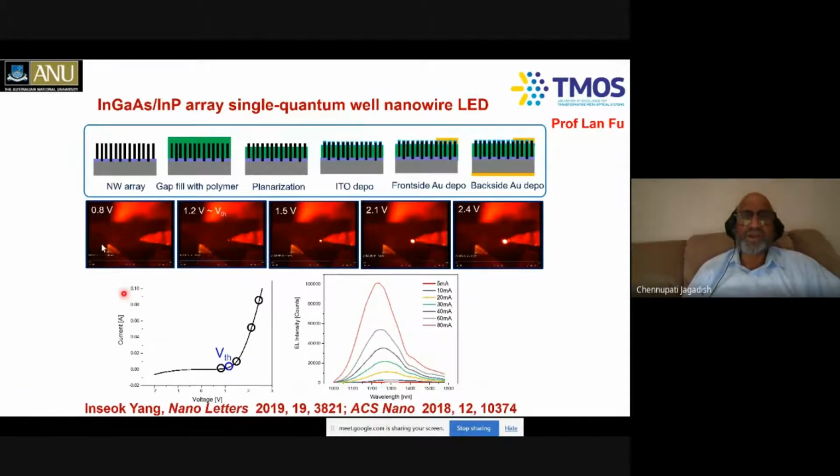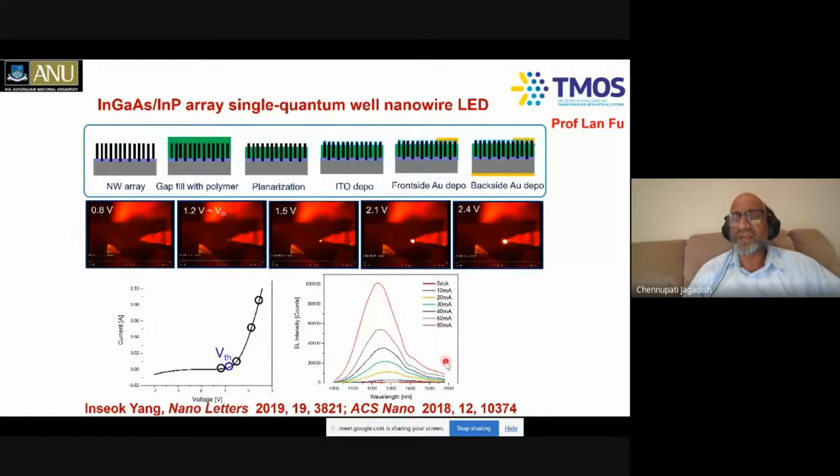So before Insuk left our group, he also demonstrated nanowire LED arrays. And you can see that these nanowires, which we normally grow in the vertical direction, the challenge is how to make contacts to these nanowires. We fill this with a polymer material by spin coating and selectively etch the polymer by using plasma etching so that you can expose the tips of the nanowires and put some indium tin oxide as a transparent conducting oxide, put some metal on the side and then also metal at the bottom. So we inject current into these nanowires and look at the light emission. Again, IV characteristics showing diode-like behavior.